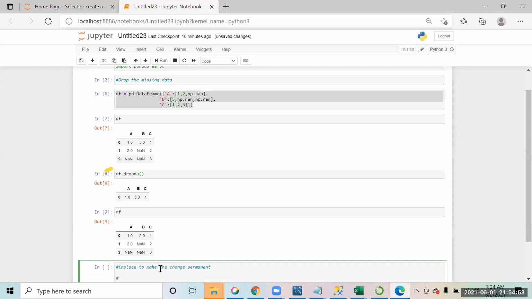Now all of you please try dropping the missing data by column. Someone is at the door, just give me 1 second.